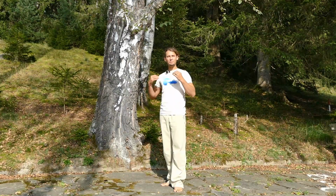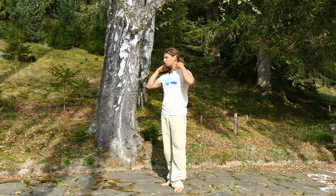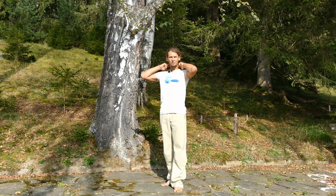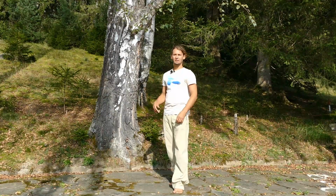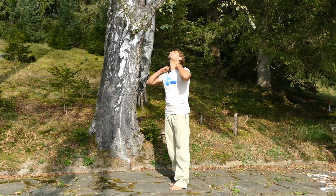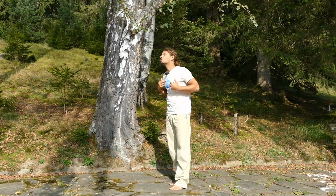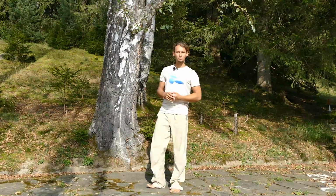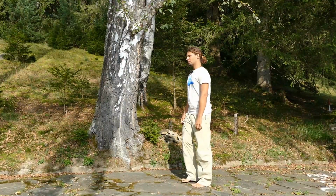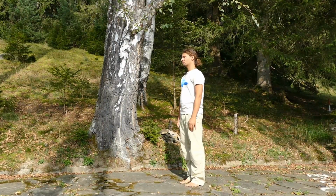That was extremely exaggerated and completely wrong, because my structure up here in the cervical spine collapsed completely because I was pulling my head back actually. Back meaning into my back but stretching the cervical spine to the front. So that's nothing natural. But try the following exercise. Stand completely straight